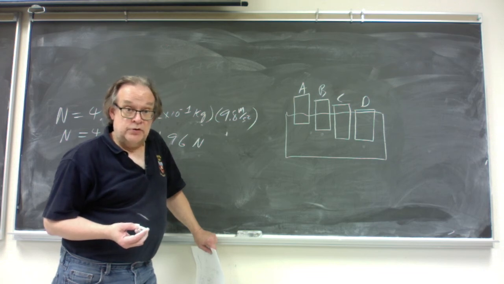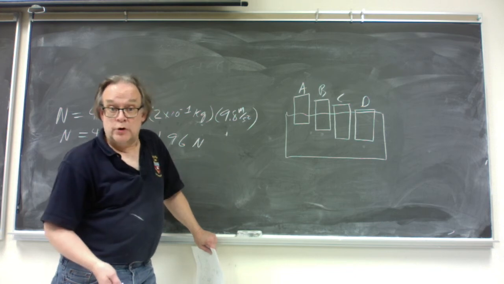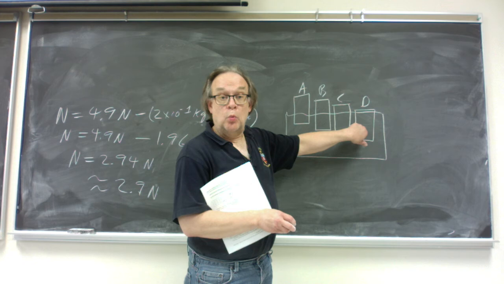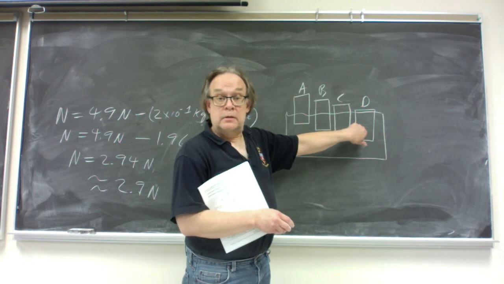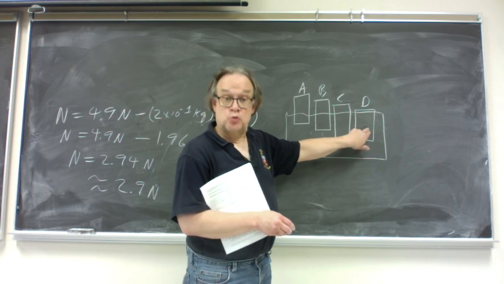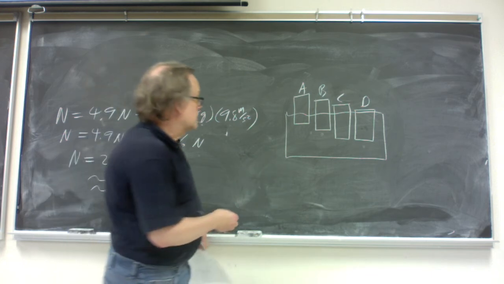And remember, the strength of the buoyant force on these things is just equal to the weight of water displaced. Well, this displaces more water than any of the other ones, so the weight of water displaced here is greatest. So the buoyant force on this one is strongest. And that tells us something, that